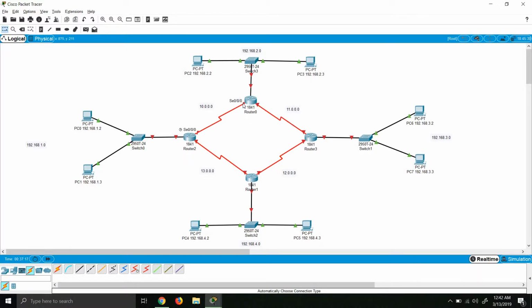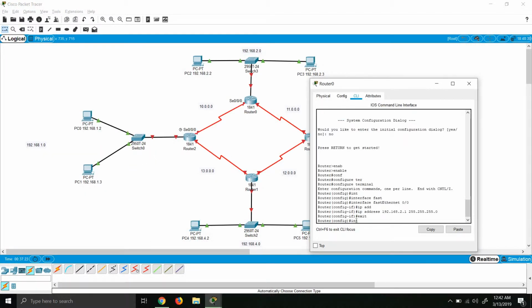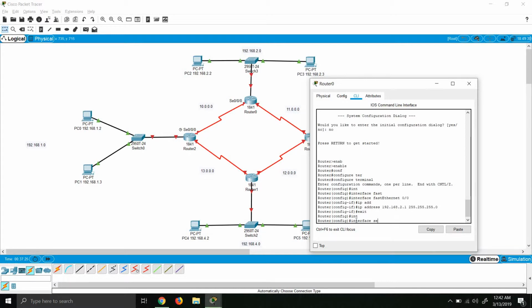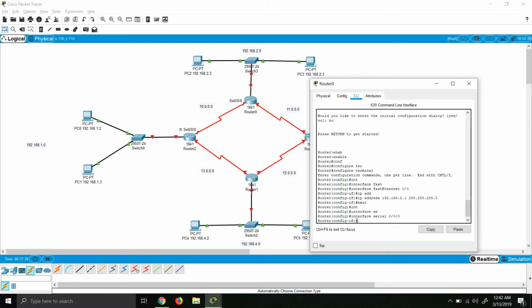And I'm just hovering to see which port it is connected to. So like we did before, we'll go to interface. This time it is serial 0/0/0. Alright, and the IP address is going to be, I'm going to assign router 0, and for the 10.0.0.0 network I'll assign the IP 10.0.0.1. Alright, routers usually have IP addresses that end with 1 because they're usually the first devices in the network. And in the mask,